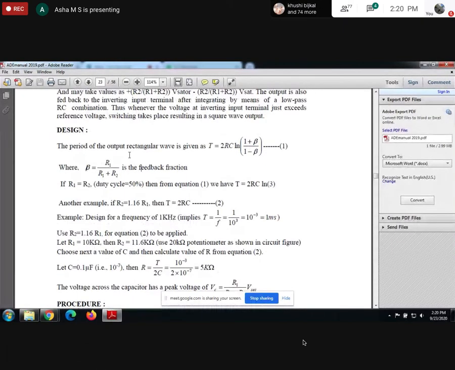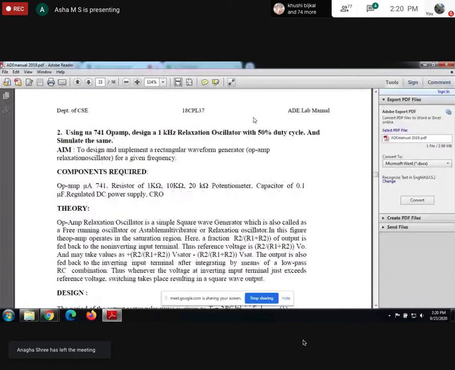So now they told duty cycle as 50%. Correct, right? However, in the last experiment, that is your first experiment, we have done it for all the three cases: greater than 50, less than 50, exactly 50. But for the software part, we have done only for one experiment. For design, we have calculated for all the three cases, but for the software, we have done it for only 75%. And I asked you people to do it for another two. I don't know whether I have done or not.